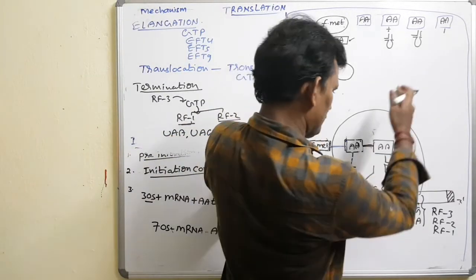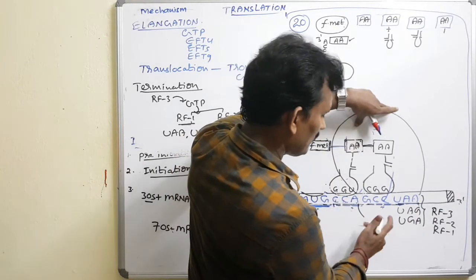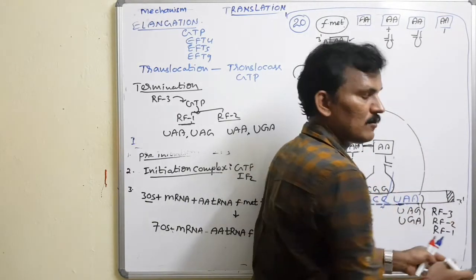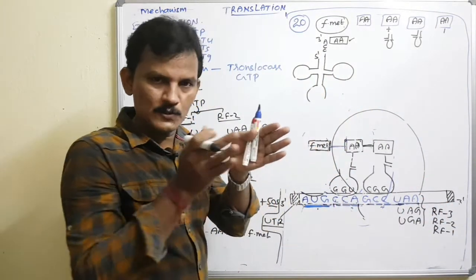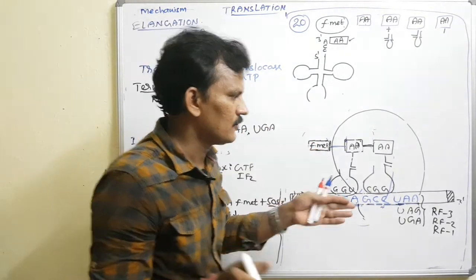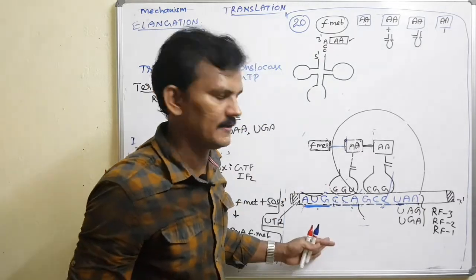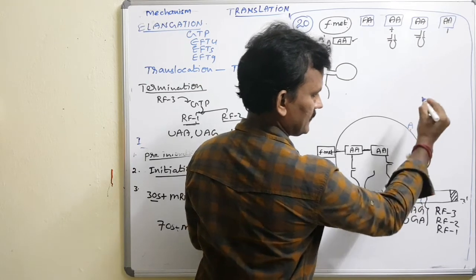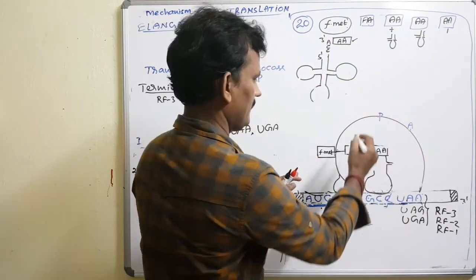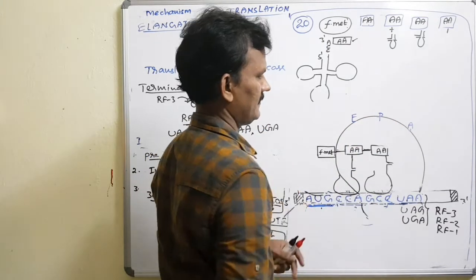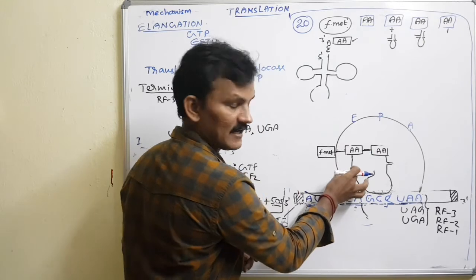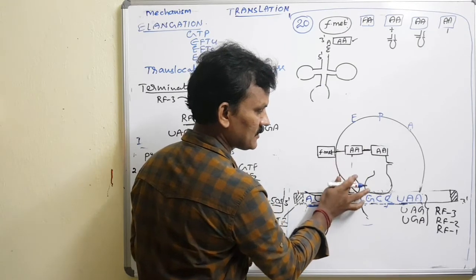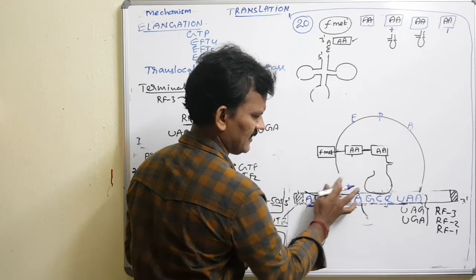Now the process stops. The ribosomal subunits that were moving continuously come out from the mRNA, and then both ribosomal subunits get dissociated. So both ribosomal units get separated. Now in this ribosome, this is the A site, this is the P site, and this is the exit site. The exit site is where the tRNA is released, simply eliminated.